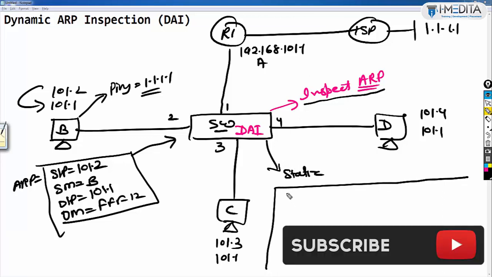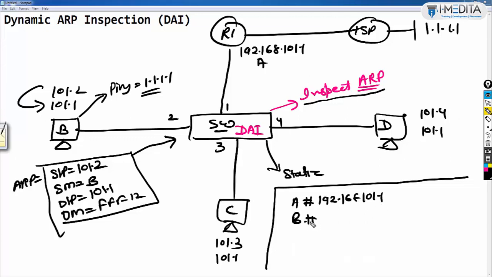And what is that? Yes, we will define here manually on the switch. MAC address A has IP address 192.168.101.1. MAC address B has IP address 192.168.101.2.